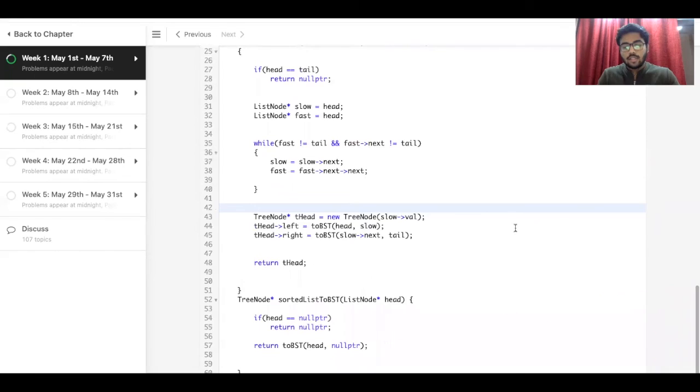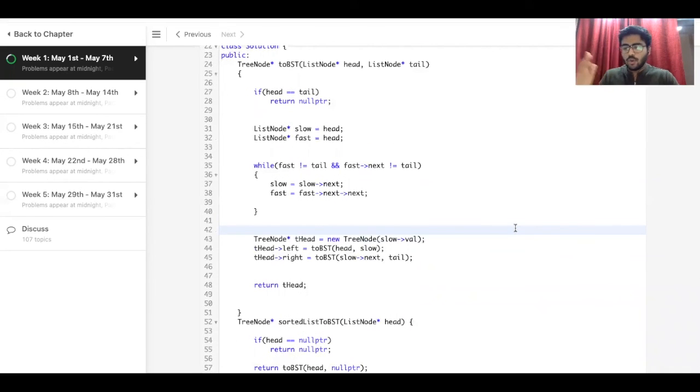So let's just run through the code again to know what we have done here. First, we have been given a sorted linked list. So we know that the middle of the linked list would be the root of the tree, and everything on the left would be smaller than the middle, and everything on the right would be greater than the middle. Every BST has the property that everything on the left is smaller than the root, and everything on the right is greater than the root.